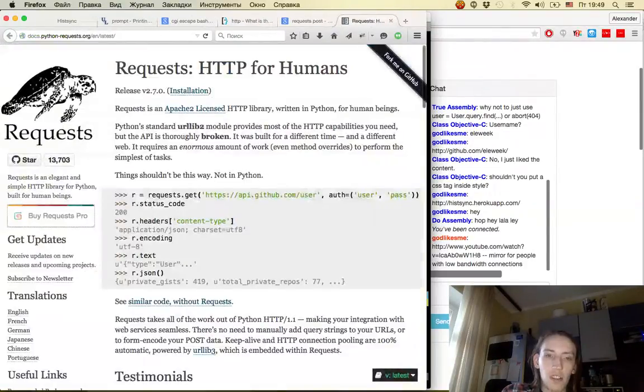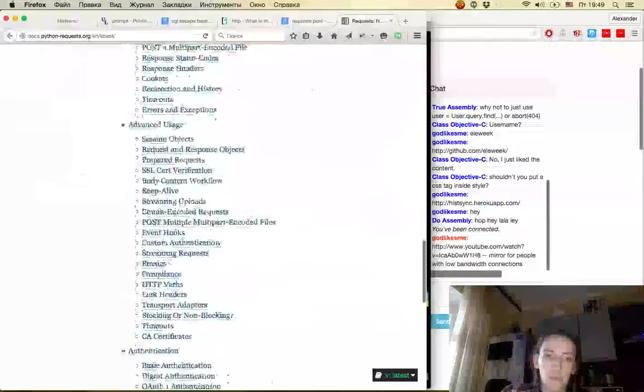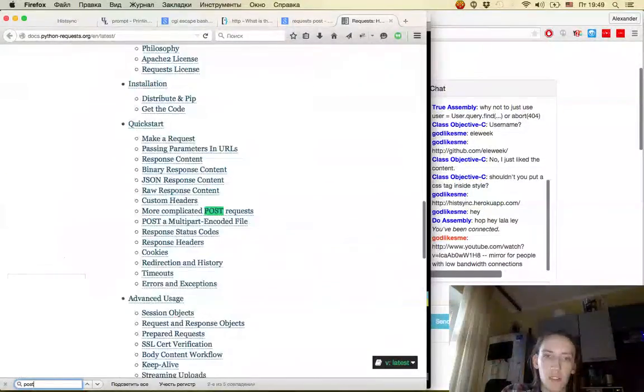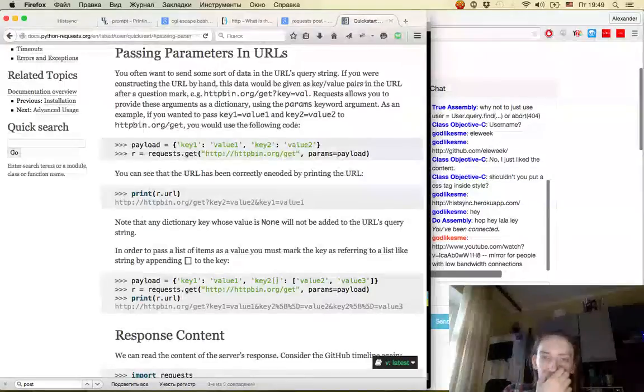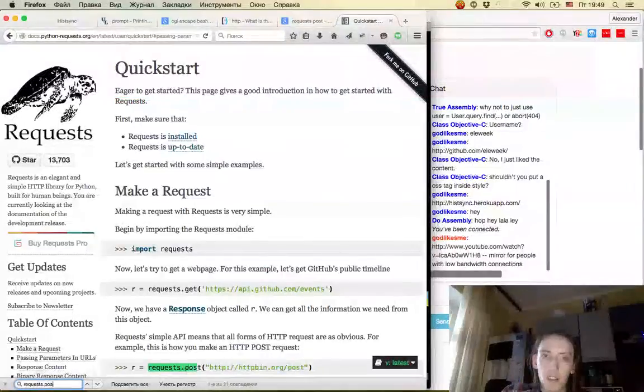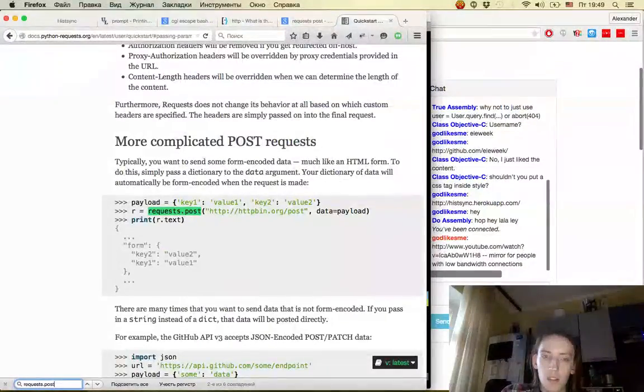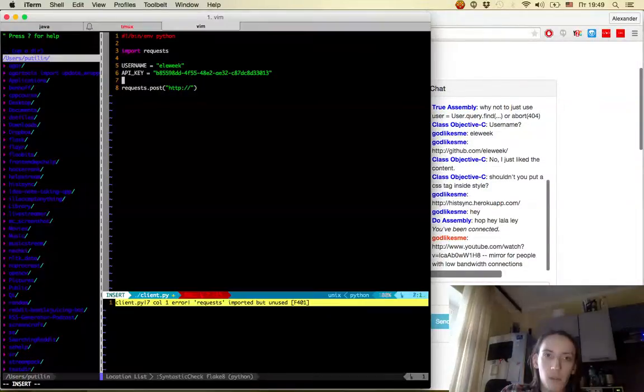Oh, okay, nice. And okay, we have payload here. So payload is going to be